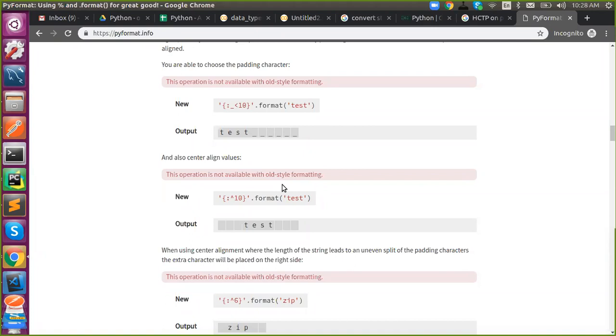Like if people give some input like an integer, and you want to keep only integer, and if people give something which is not an integer and you want to prevent it, in that case we can go with the old formatting method. So if you want to be type specific, we can go with old formatting, and for the rest of the things we will use the new formatting.